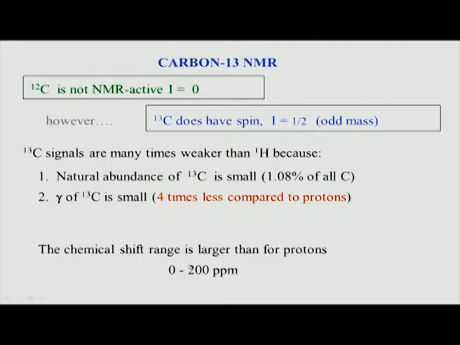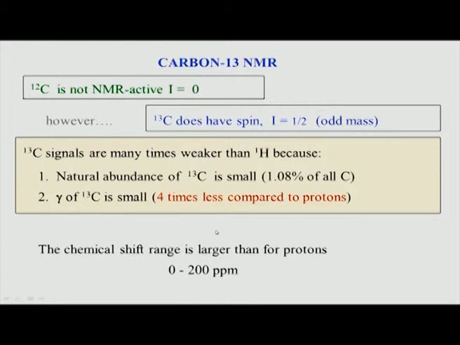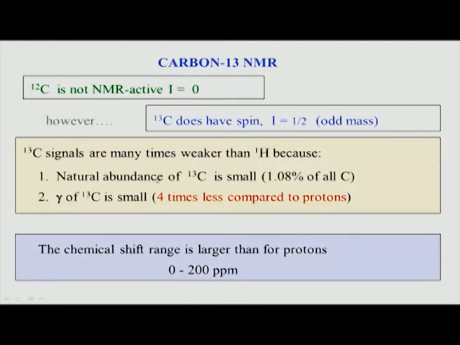But look at carbon, carbon has a huge range which we will see of 200 ppm. It can in fact go even beyond this, it can go even to 300 ppm for certain type of molecules. So this wide range of chemical shift possibility with carbon makes it very attractive, and we will see why it is so, because the different functional groups have very nice spread in the chemical shift, and therefore carbon 13 NMR is preferred, even though the sensitivity is much less because of these factors. So, what is the range of this chemical shift? Let us have a look at that, but before we go into that, we should look at the frequency of carbons.